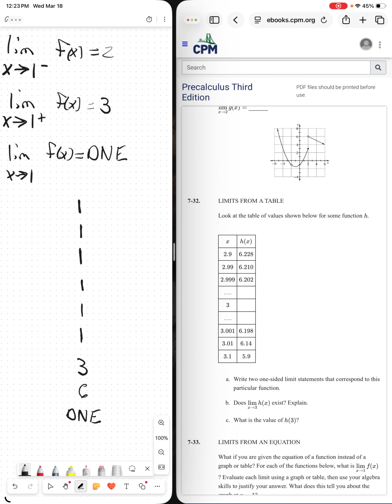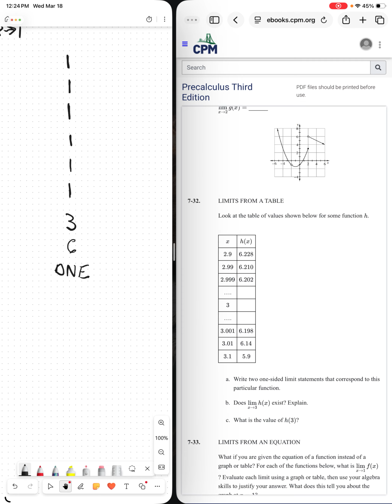Okay, looking at the next problem, which is from a table. So if we look at this table, we have a function. So we have 2.9 approaching 3, and then from the other side, 3.1 approaching 3. So if we look here,